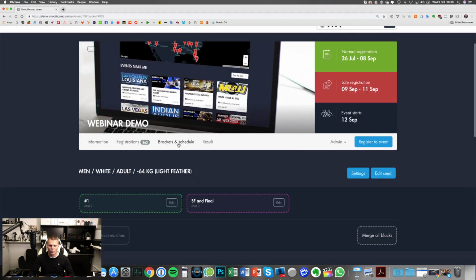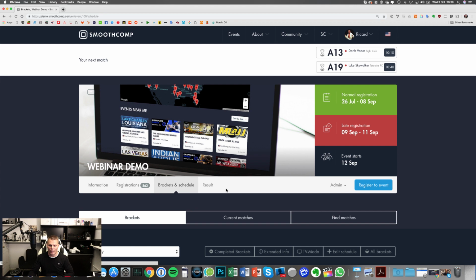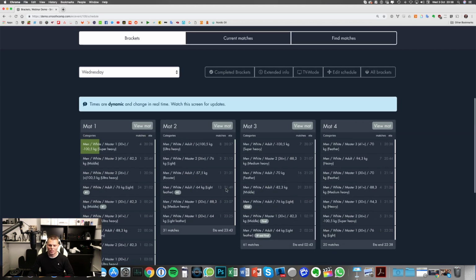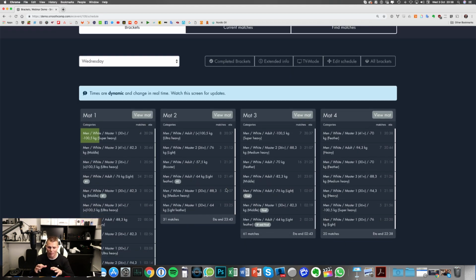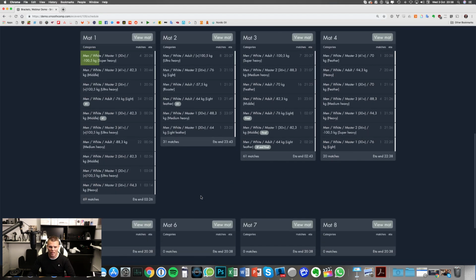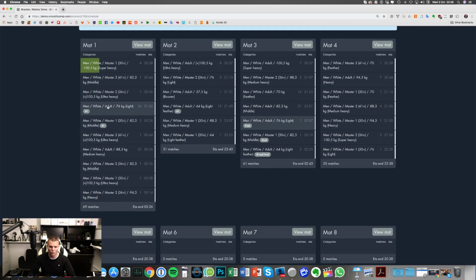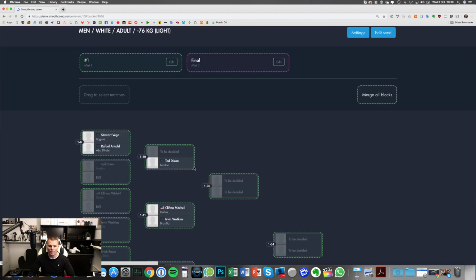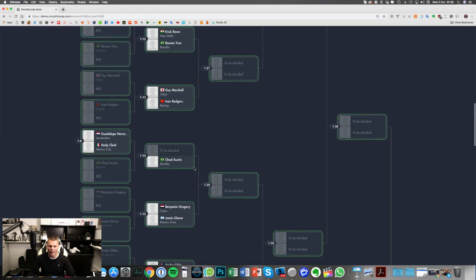So that is how you split your brackets. You can use this to put specific matches on a specific mat, or you can even do it at the end of the day. Let's say that you have a very big bracket, like the one that I showed you as an example, the -76. That was a huge one. So at the end of the day, I might want to split this bracket up in 2 halves.